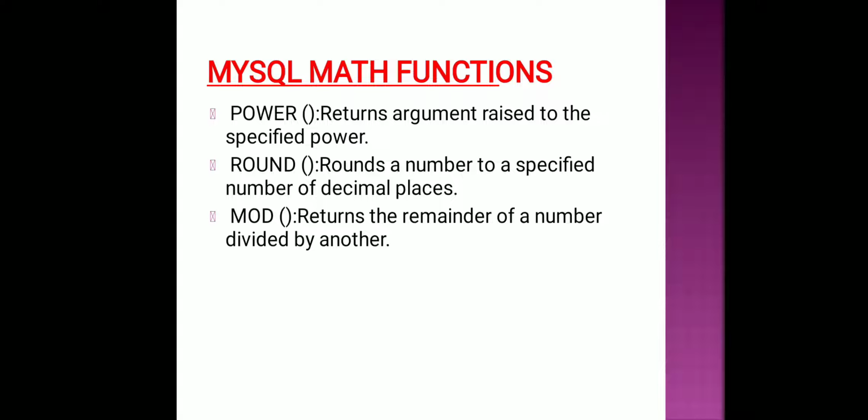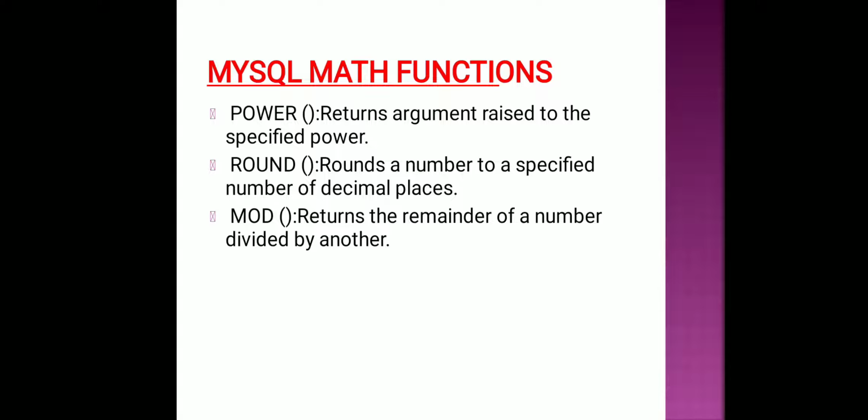The next function is round. Round function rounds a number to a specified number of decimal places. For example, you have written round 24.56 comma 1. So it will return 24.6 because